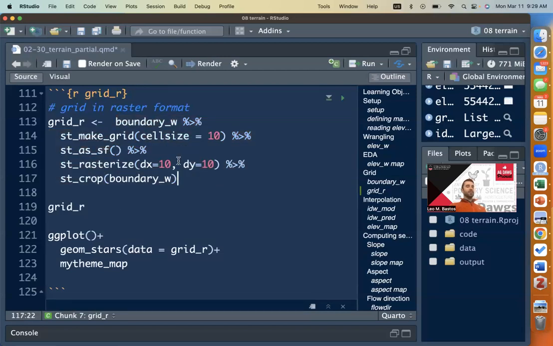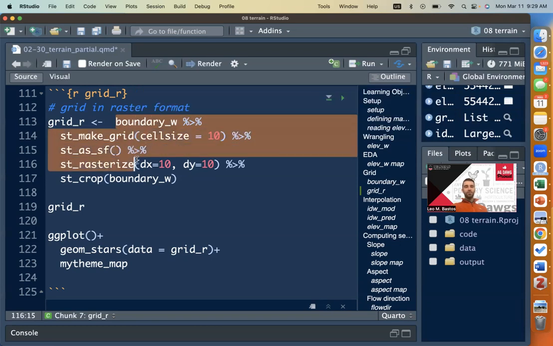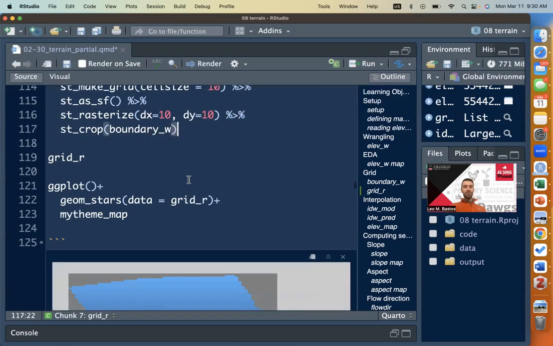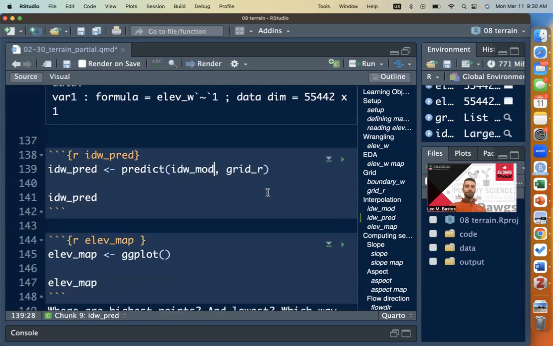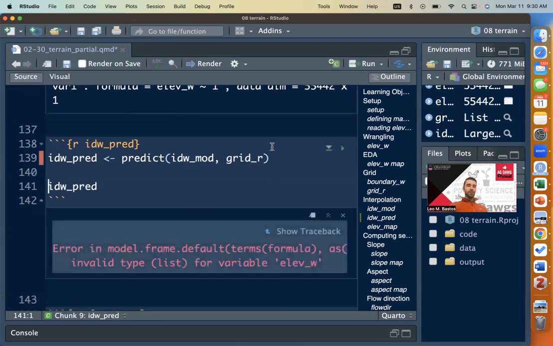We already went through these steps in the previous class, but I just wanted to call your attention to this, that this function ST rasterize is what is turning this grid from vector to raster, and we need it to be in raster to be able to interpolate. All right, so if you